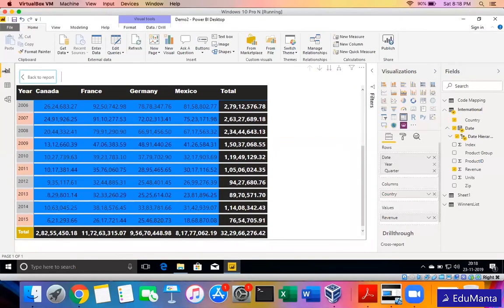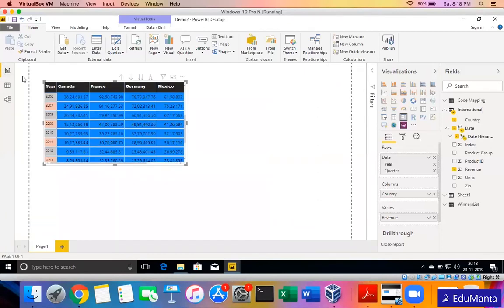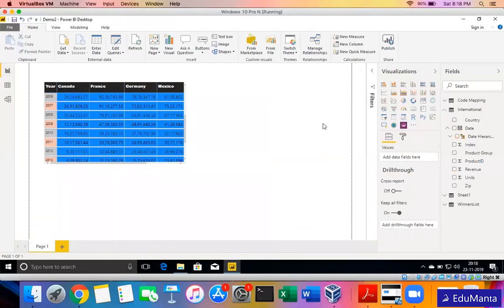They can view the data and then go back to the report. It will go back to the original size. So this focus mode is also available when we publish to cloud or server after development. So this is all we have for table and metrics, which are the most popularly used visuals.